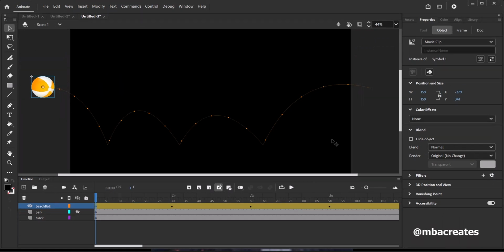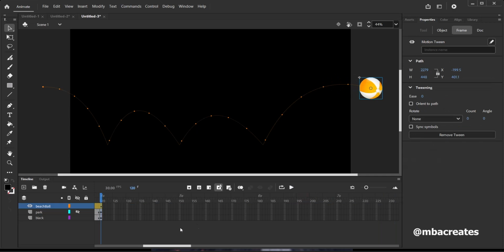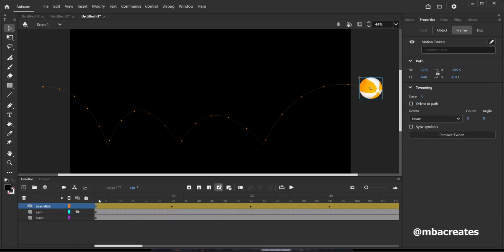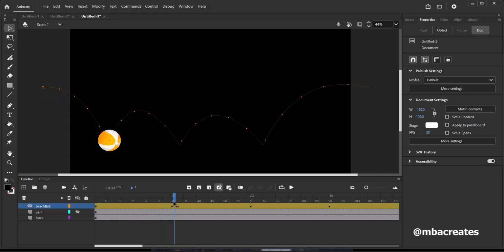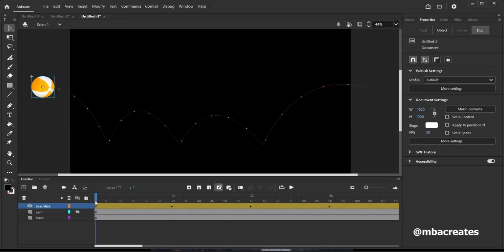Now, before we bring back our background, let's test our animation. That's fine, but we need to add another property to this position keyframe. Now let's add a squash or stretch effect to when the ball hits the floor. So to do that, I'll go 3 frames before and after each keyframe and add a keyframe. So let me zoom in on the timeline